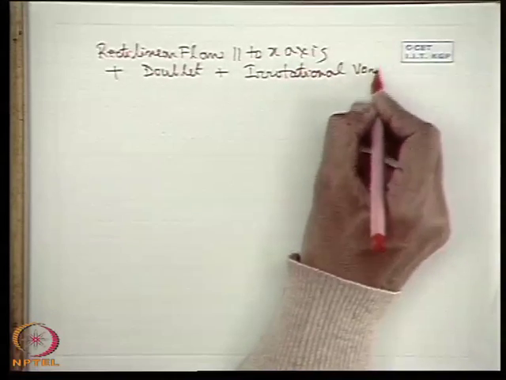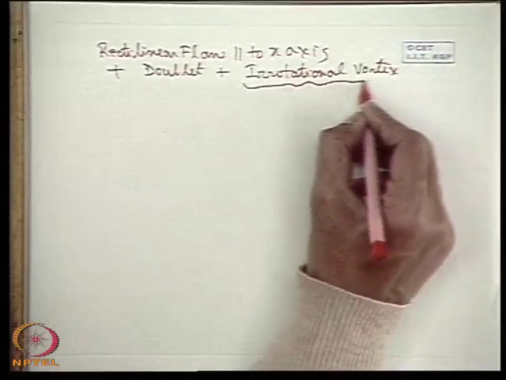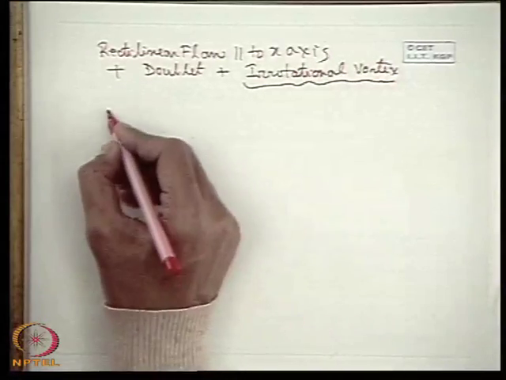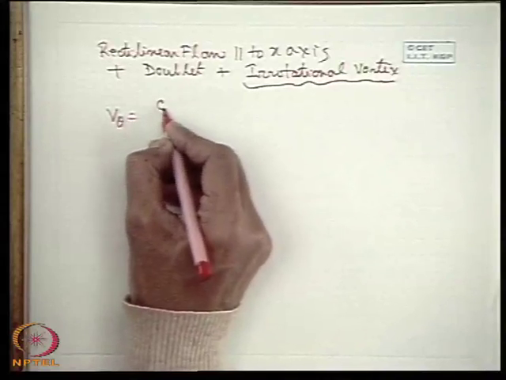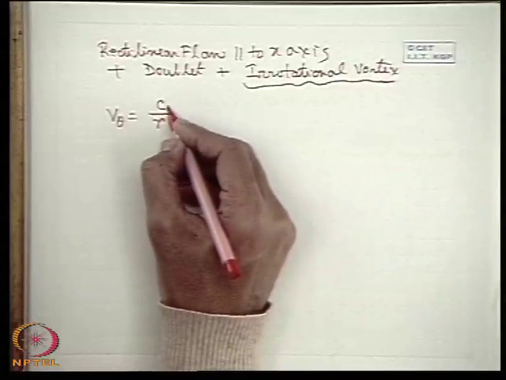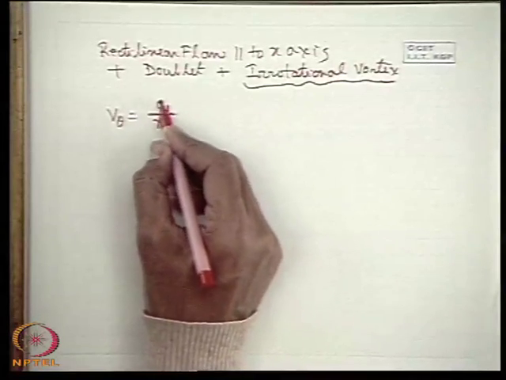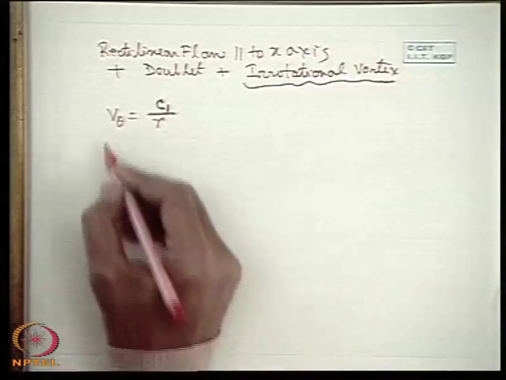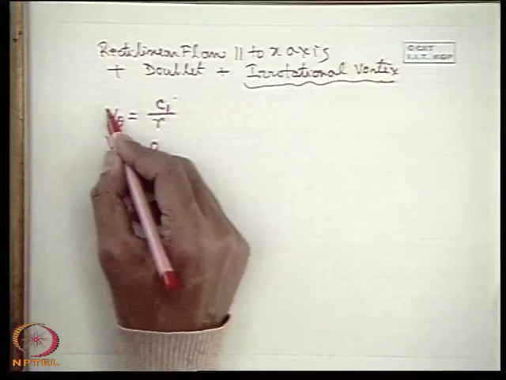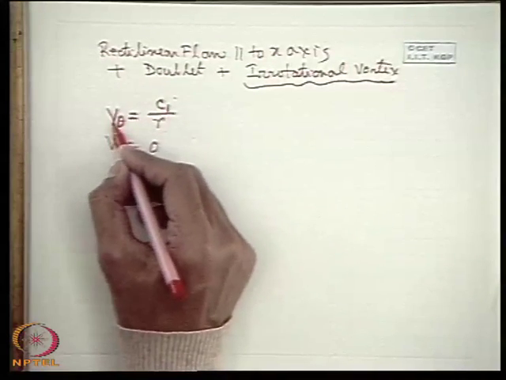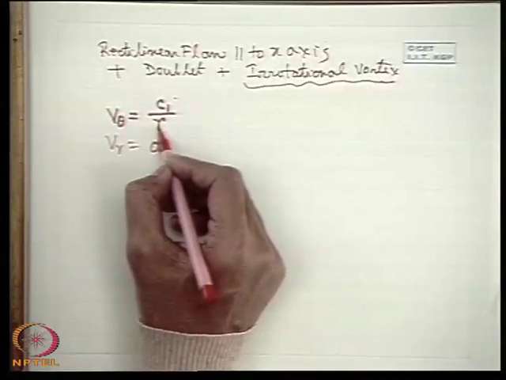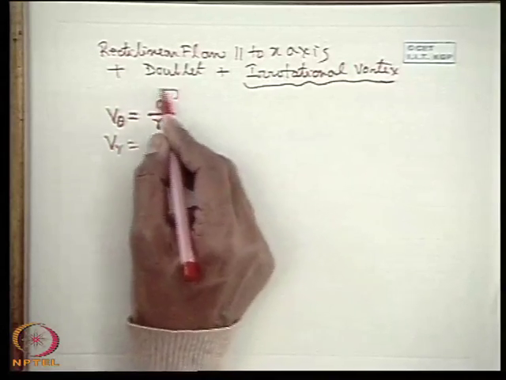You have already seen, let us first, before that, discuss a little bit of irrotational vortex. We have already seen that in an irrotational vortex flow, the tangential velocity is described by some constant by r. Let this constant be denoted by c1 by r, because we are already handling one constant c in the stream function of the doublet. And Vr is 0, that means vortex flows are the flows whose streamlines are concentric circles. That means it has only tangential velocity, where the velocity bears a functional relationship with the radial coordinate r, c1 by r, and there is no radial velocity. This we have already seen.